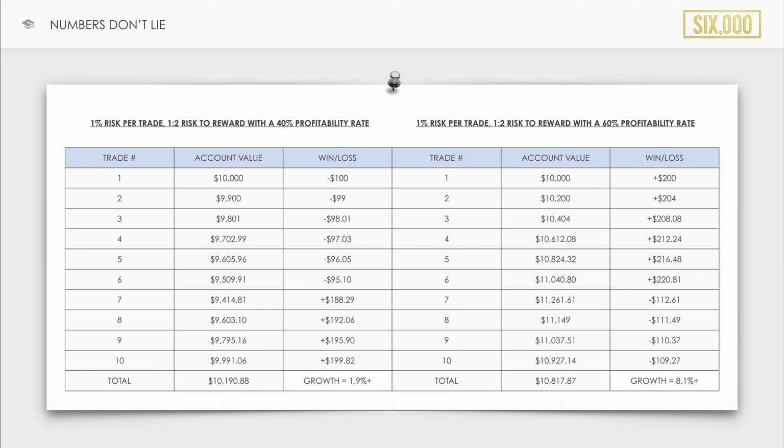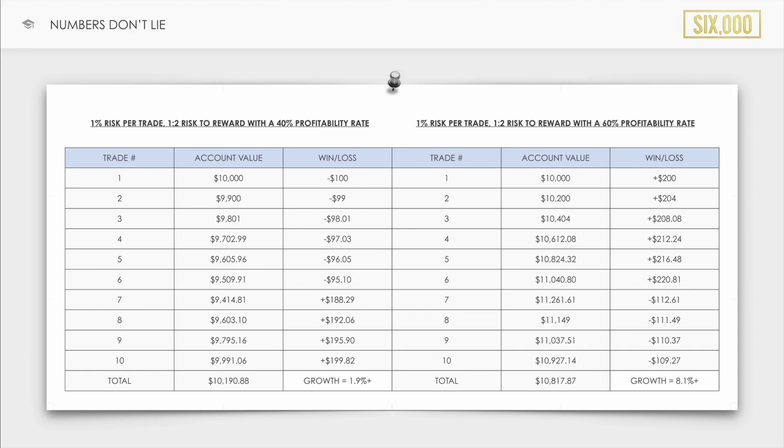They don't look at the details, they don't break down the numbers, whereas I do. I care about risk, I care about other people's capital, and I'm always looking to advance my risk management strategy as much as I can. Now we can see here, we're starting off with an account value of